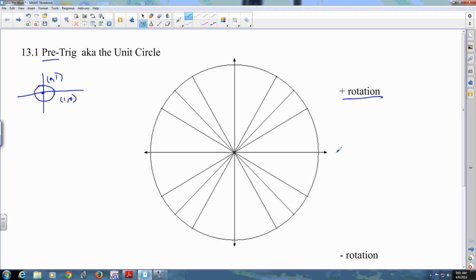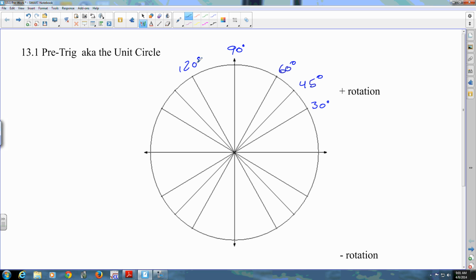This direction is 0 degrees, and this is a positive rotation going up. If I said negative 20 degrees, you would rotate from here down 20 degrees. Okay, so here goes. This first angle, let me get rid of this junk. This first angle is 30 degrees. This is 45, 60, 90,